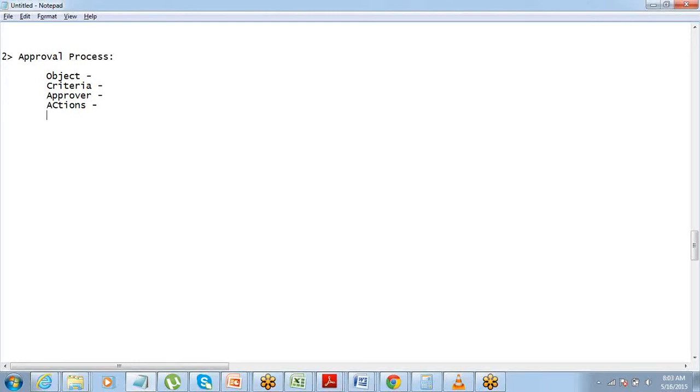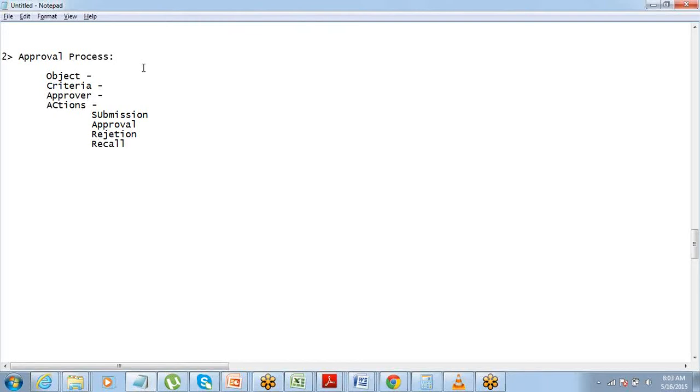But for action there are different stages in approval process. For workflow I just had one level of actions, but here you can have multiple levels of actions. What are those levels? Submission, approval, rejection, recall.